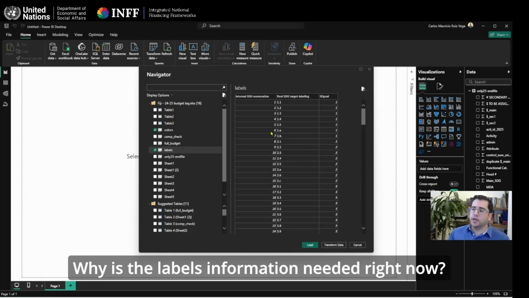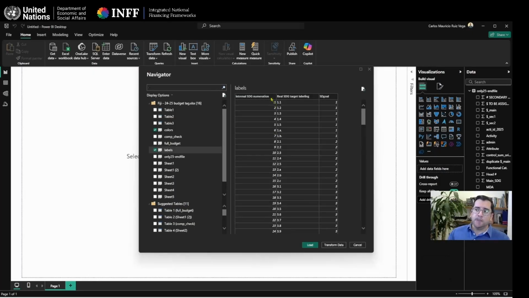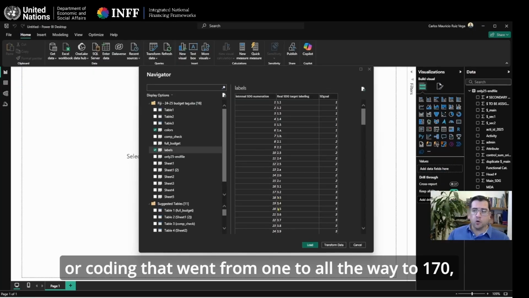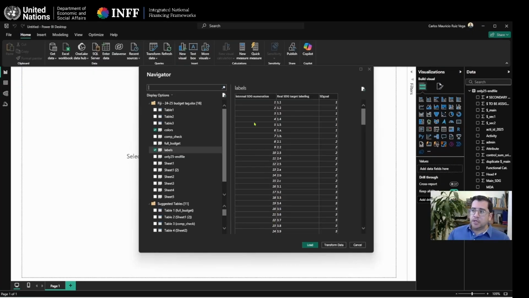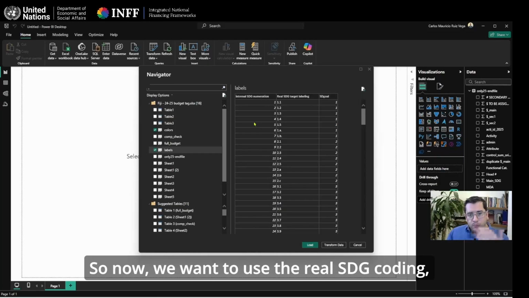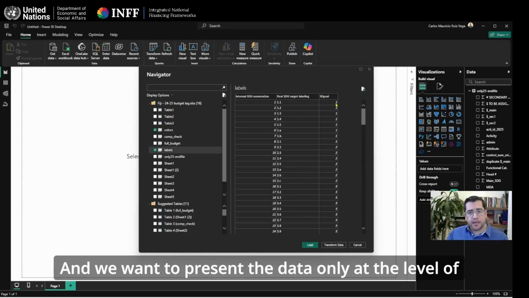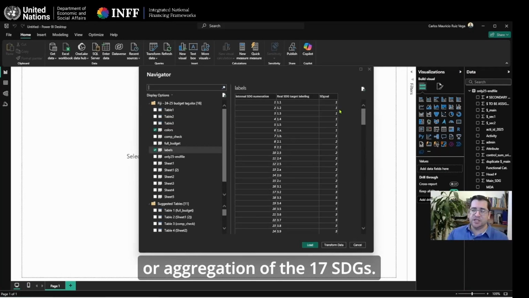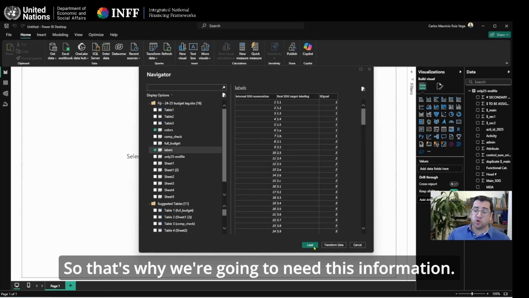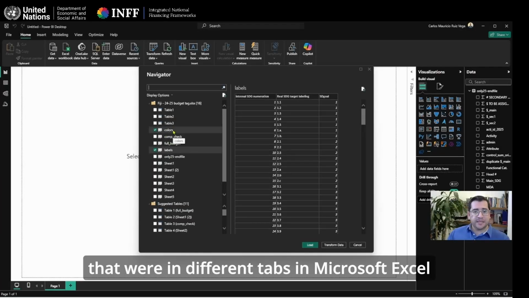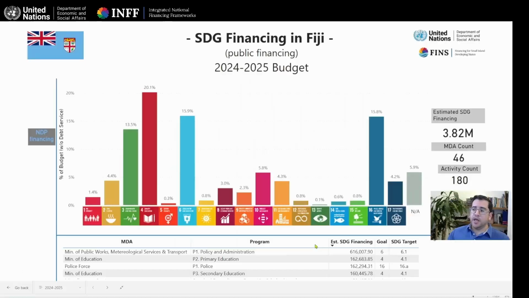Why is the labels information needed right now? Because remember that we had an internal SDG enumeration or coding that went from 1 all the way to 170, right? So now we want to use the real SDG coding, which is in the second column, right? And we want to present the data only at the level or aggregation of the 17 SDGs. So that's why we're going to need this information. So we're going to click on those two data sets that were in different tabs in Microsoft Excel, and we're going to load them,